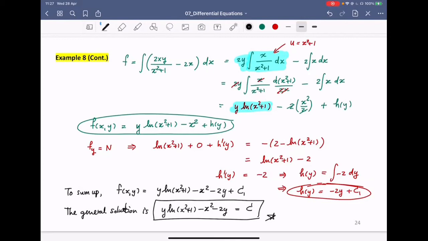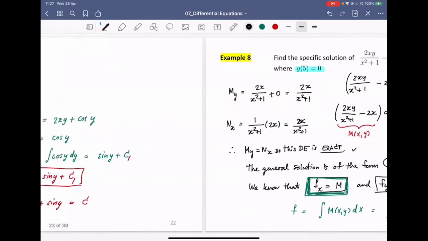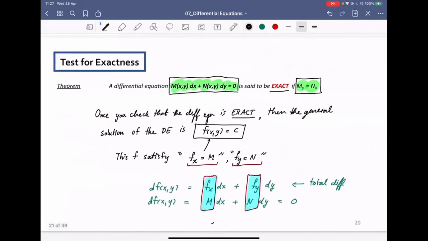Some of you asked me privately, I don't understand why f subscript x equal to M and why f subscript y equal to N. So the reason why we set up f subscript x equal to M and f subscript y equal to N is because when we prove it in the theory part, the differential equation is of the form M(x,y) dx and N(x,y) dy equal to 0. So we get this equation,